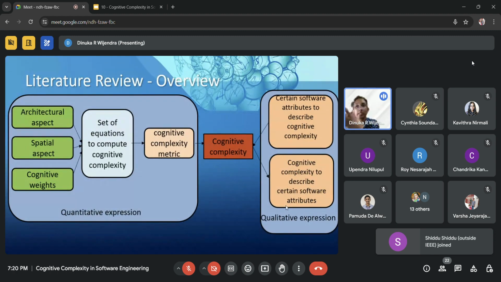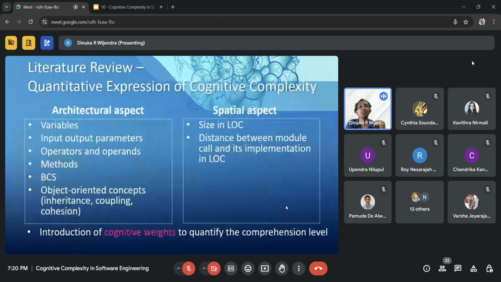So they qualitatively expressed the software attributes using cognitive complexity, and cognitive complexity has also been used to express software quality attributes, vice versa. Like that, mainly we can divide these works into quantitative expressions as well as qualitative expressions.